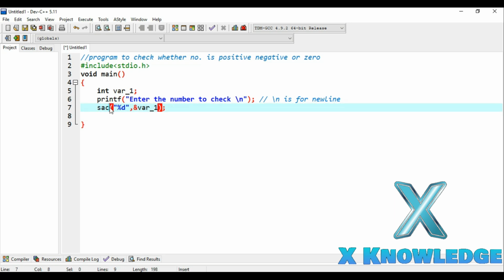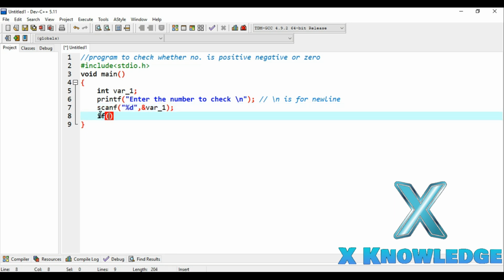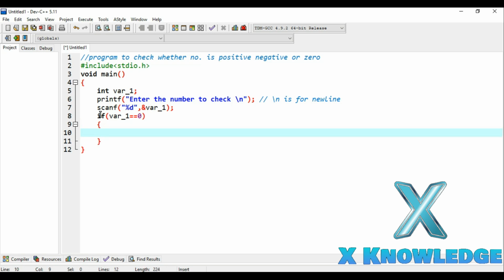If var1 is equal to 0, if this expression comes out to be true, then printf "%d is 0". Okay, and we will replace this %d with the variable.